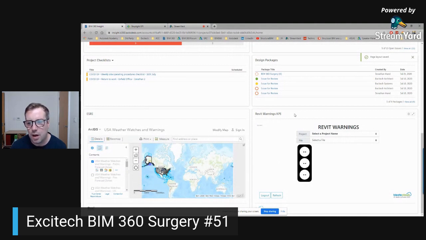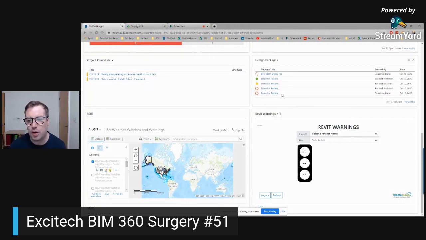and we now get the ability to then look at our Revit warnings. The beauty of this is that it can look at all the different projects. So you could have 20 different partner cards. So the idea is that you could potentially create a sample project and have warnings reported